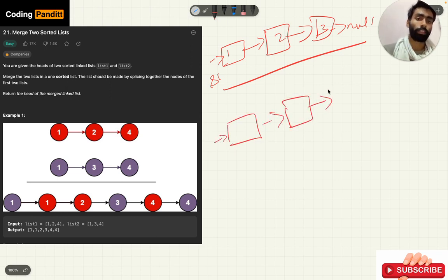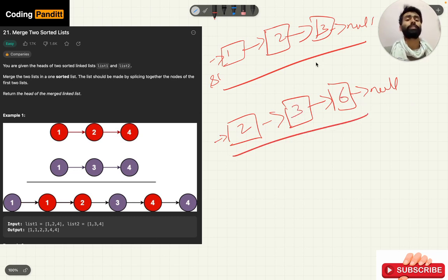Again there is another linked list here. This linked list is also sorted, and now we have to merge these two linked lists.